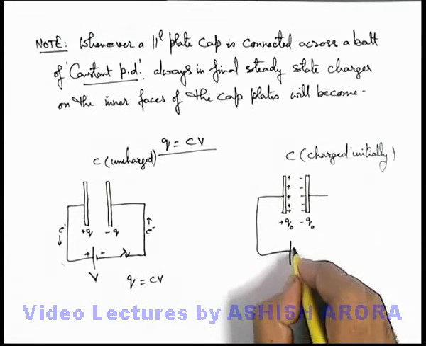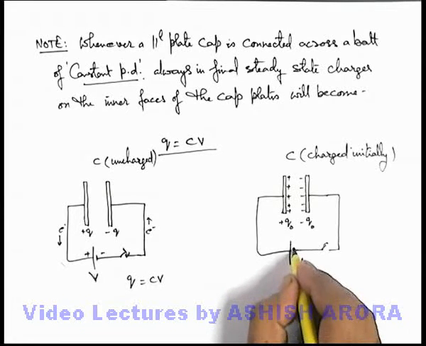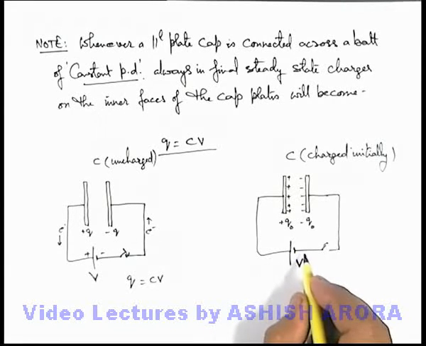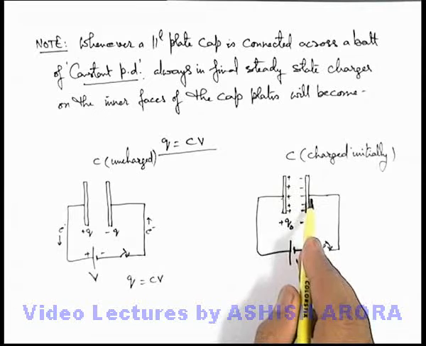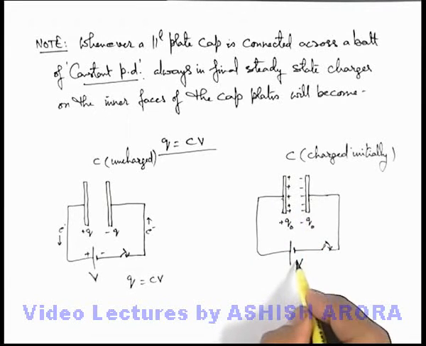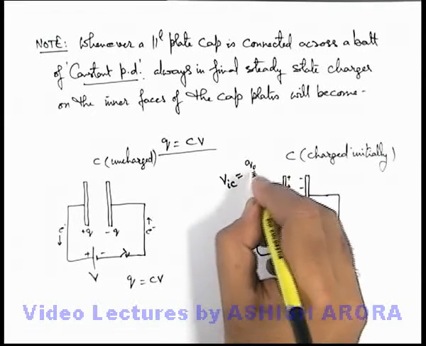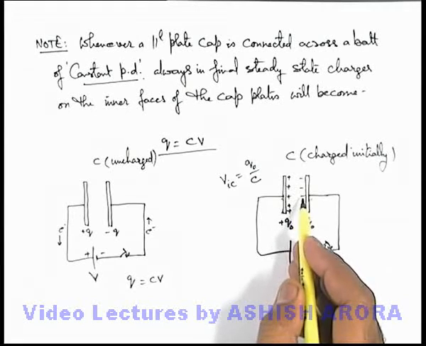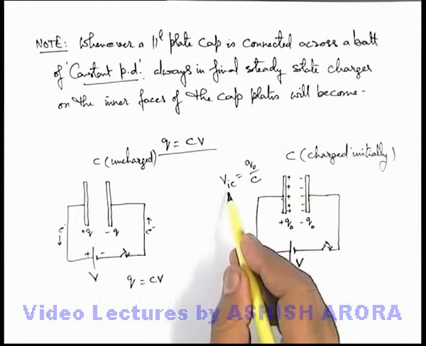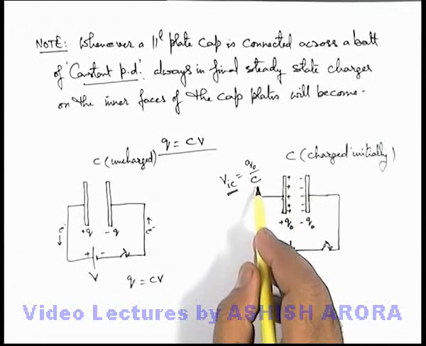And if we connect it across a battery along with a switch in the similar situation, and the battery potential difference is V, now if we close the switch, here again the battery will have a tendency to maintain a potential difference across the capacitor equal to V, because the initial potential difference across the capacitor will be Q0 by C. We know the charge on a capacitor plate is written as CV. So the initial potential difference across the capacitor due to its initial charge can be written as Q0 by C.